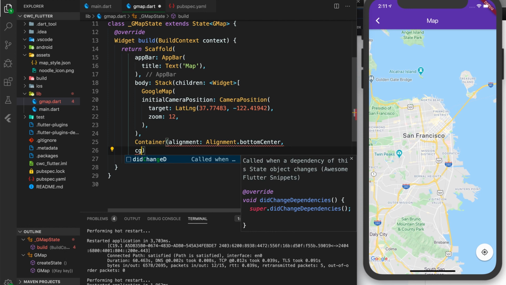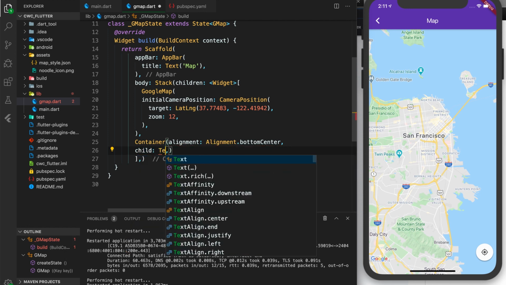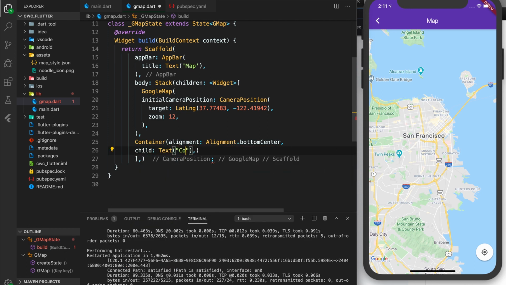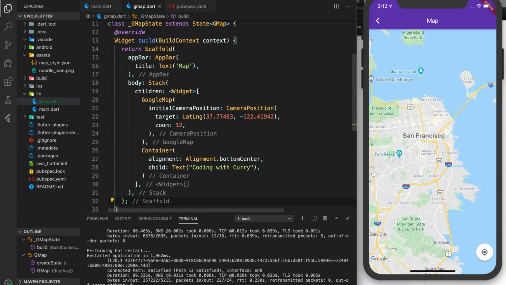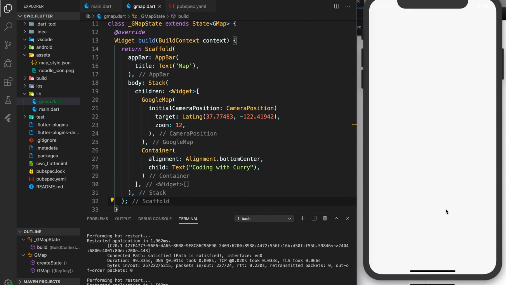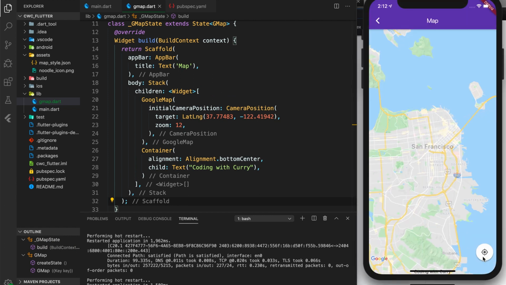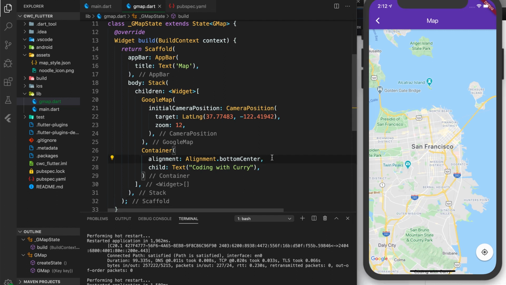And for the child, I'm going to just add a text here. So I'm going to say text. Let's just say coding with curry. Coding with curry. Okay, and let's reload. And you can see our text at the bottom of the screen, but let's add a little bit of padding